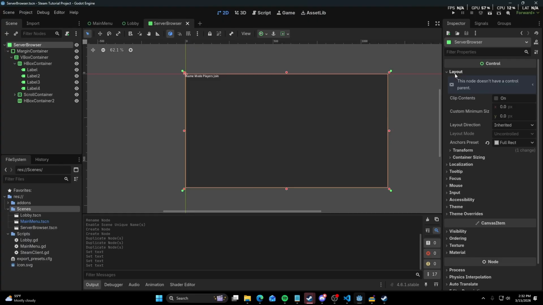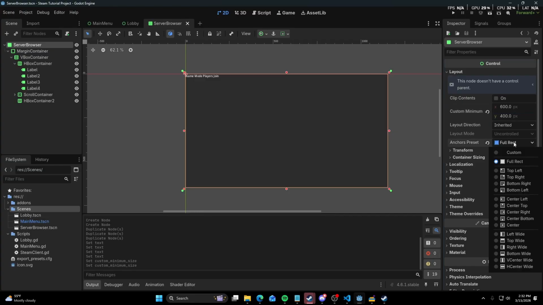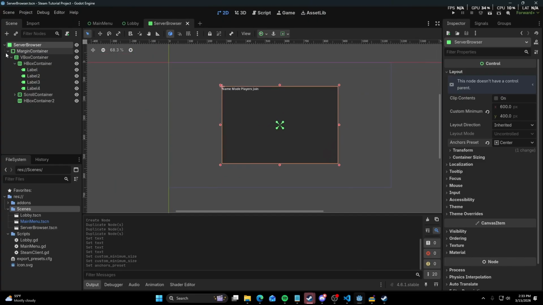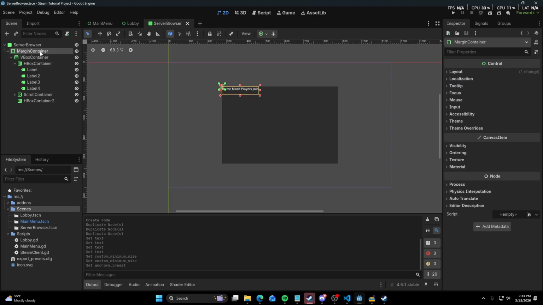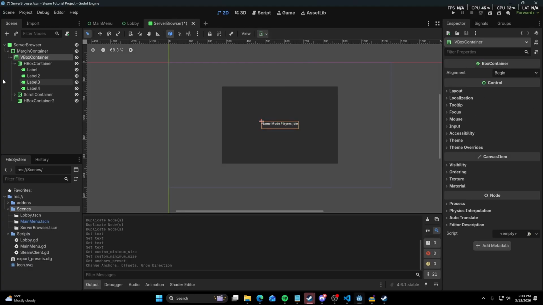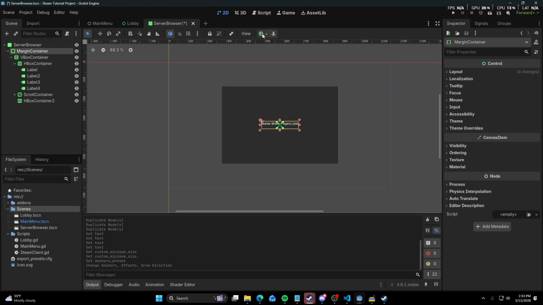Let's go to layout. We'll give it a minimum size of 600 by 400 or something like that, I think works. And then we're going to give it a center, whatever you do, center. There we go. I think that looks fine. And then this margin container, I'm going to do a center as well. And then we're going to give the stuff below it minimum sizes that kind of force it out, I believe. So this VBox container, actually, if we just do something like,